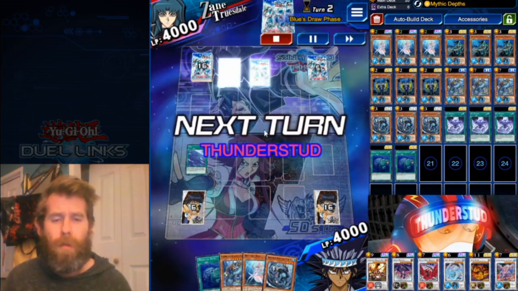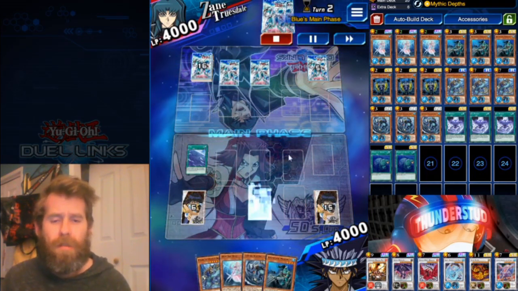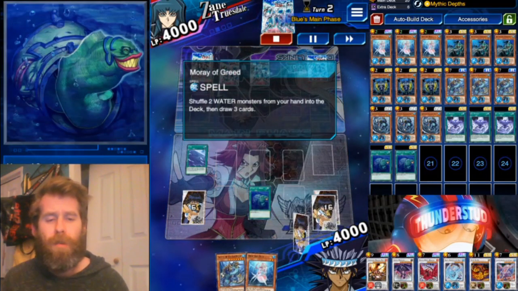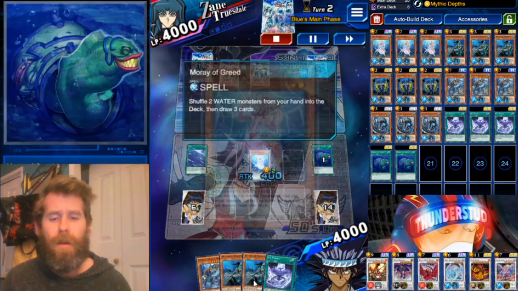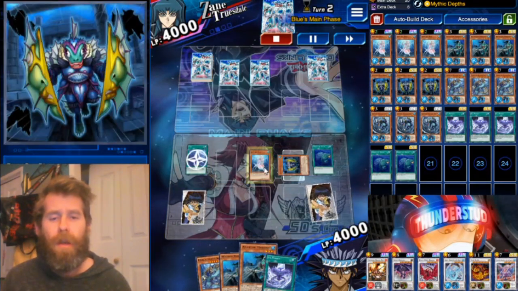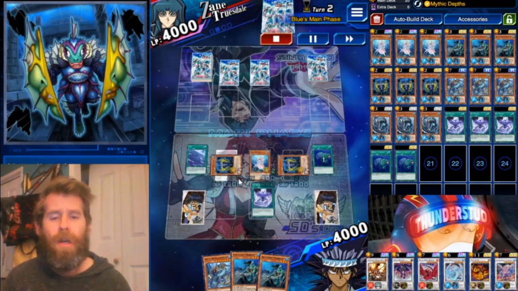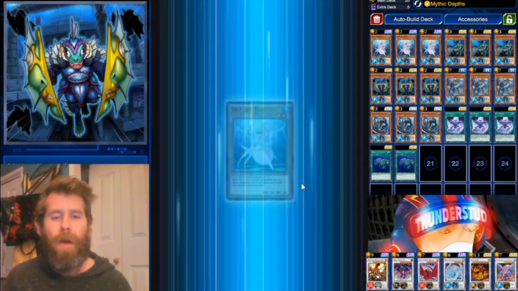So here we're starting with a Moray of Greed. Our opponent is clearly Cyber Dragons. We're going to use that Moray of Greed, return Infantry, and I think a Poseidra. Sorry, it's Marksman. So we're going to use our Diva. Diva brings out an Infantry. We're going to Ice Mirror a second Infantry, bring out a Poseidra,